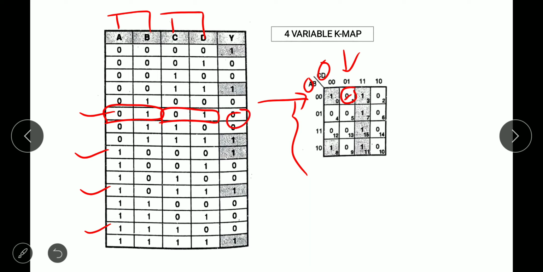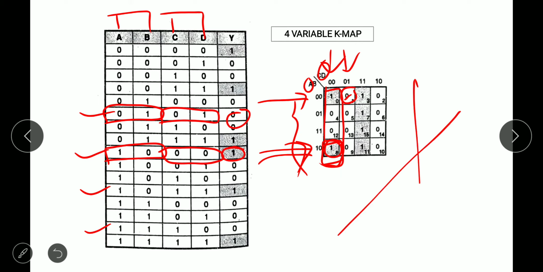This is nothing but putting the variables in the K-map, how to put y in the K-map. Then second, 1 0, find where the 1 0 is. This fourth row is 1 0, and the last is 0 0, where is the 0 0? This one. So we write the 1 over here, because it is the intersection of 1 0 and this one. Likewise we connect the lines and write at the intersection point.